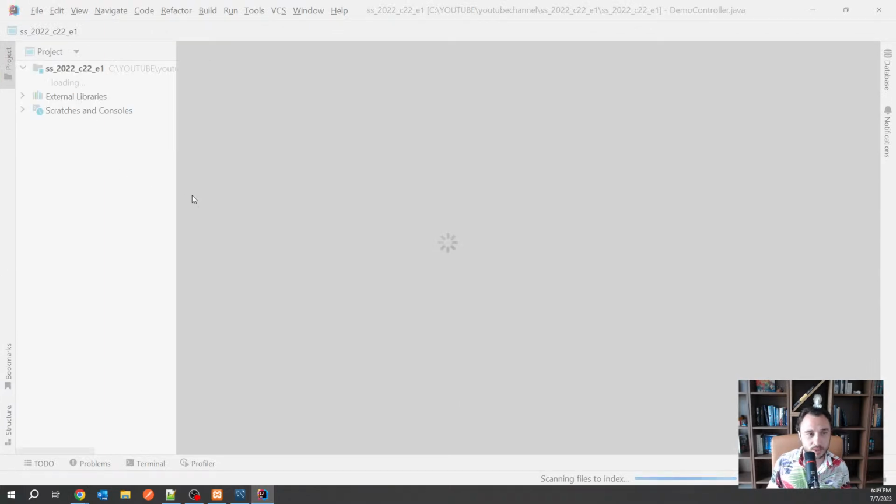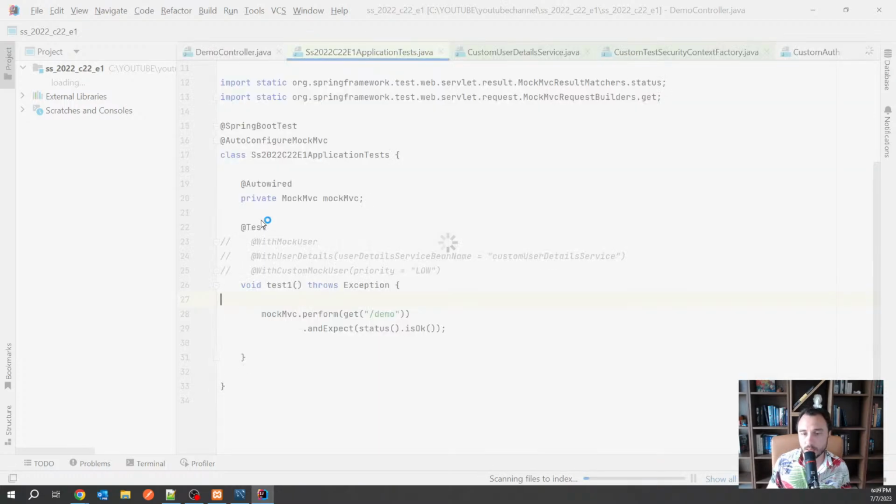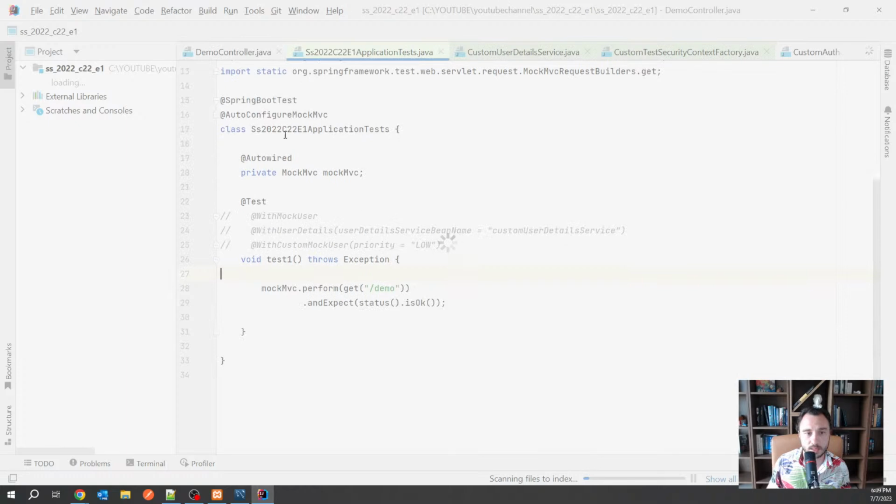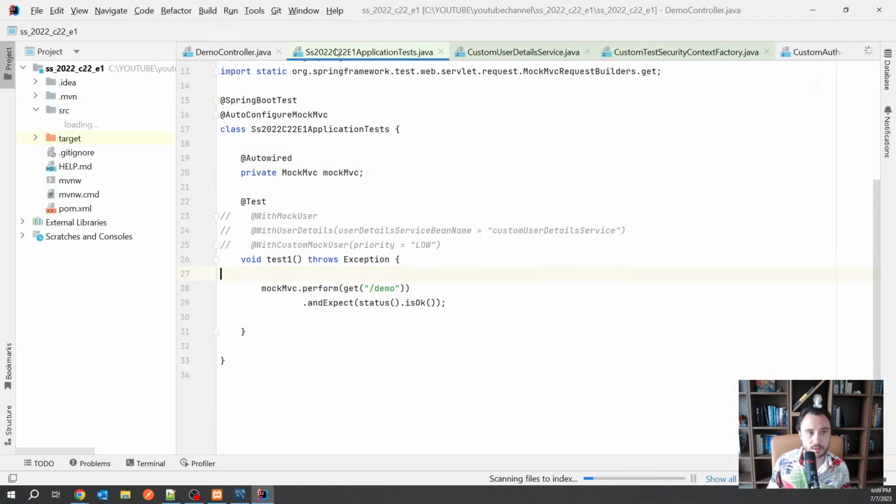So yeah, let's wait for IntelliJ to start. I should have started the right one before the live, but it's too late now. And then I will simply try exactly that. So this is from another demonstration of mine. So let me create a new project